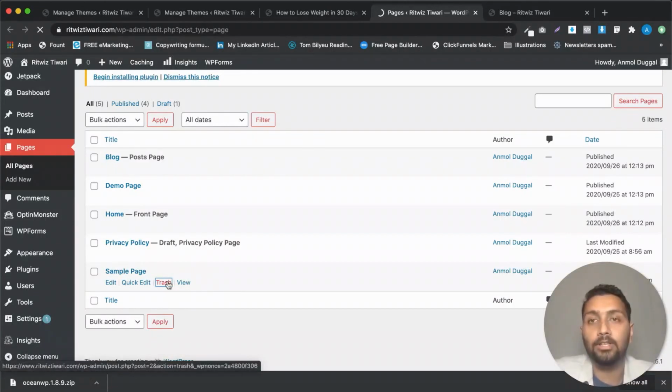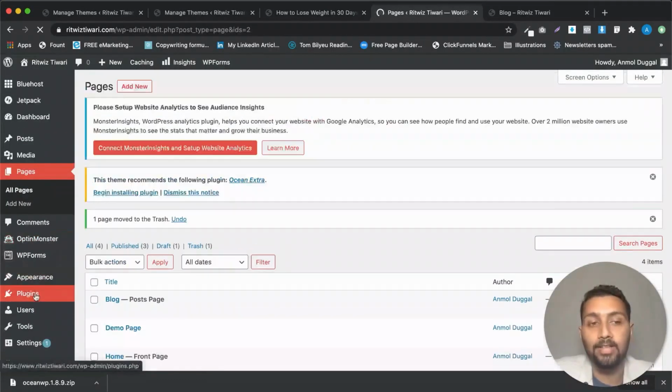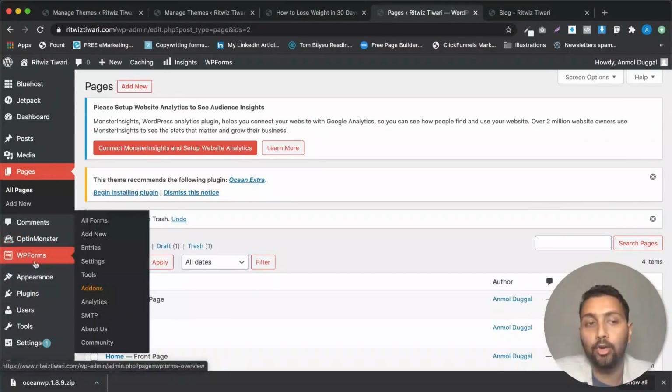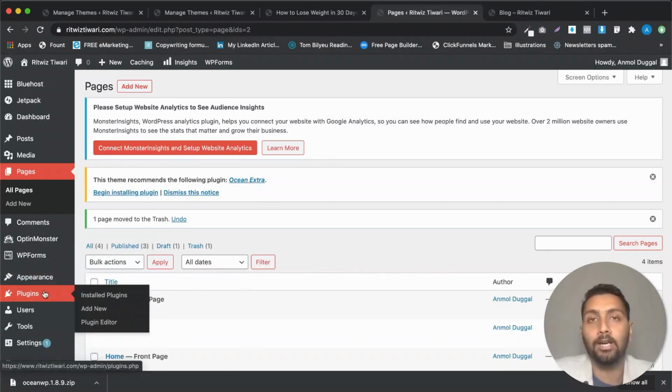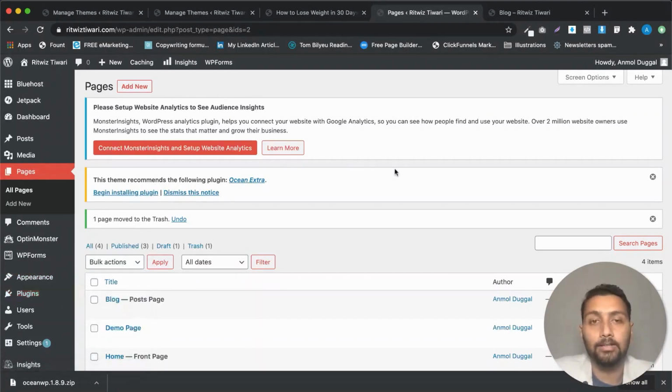So all the unwanted stuff is now deleted except for the plugins that WordPress has provided, right? So we are going to talk about the plugins after we talk about the customization options available in the OceanWP theme, all right? And after that, we are going to start talking about the page builder. That's actually something I really love using, and that is why I'm really excited that we talk about that page builder part. But obviously, before using that, you need to know the different challenges that we get when we don't get a page builder for ourselves. Okay, and you're going to see that in the next video where we talk about the customization options.